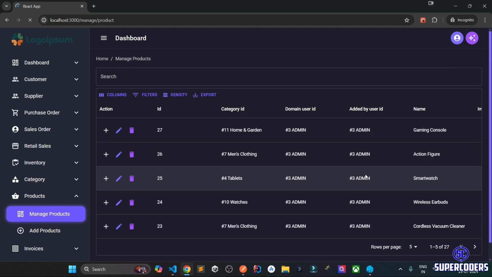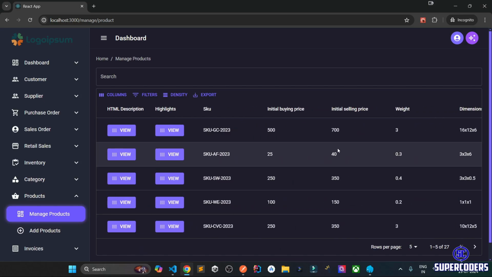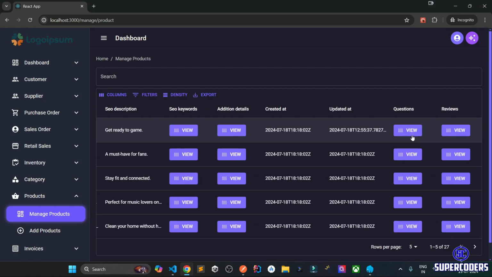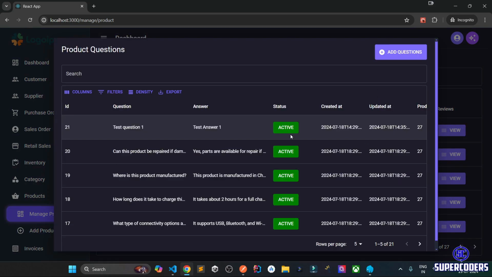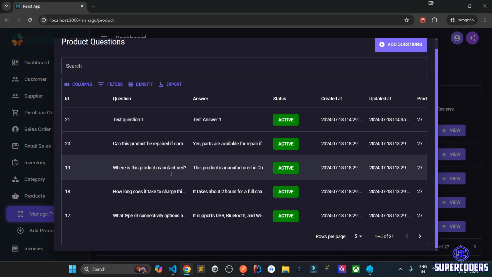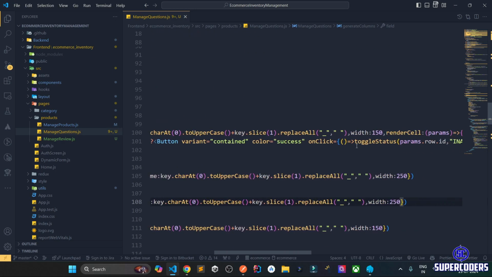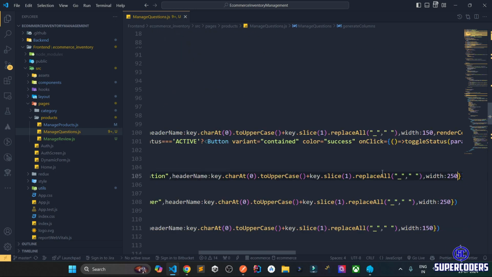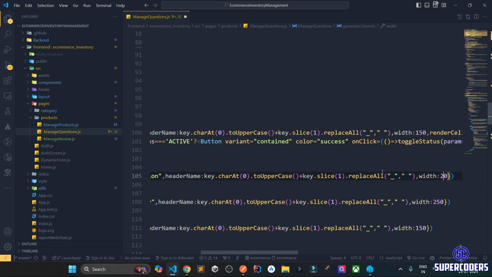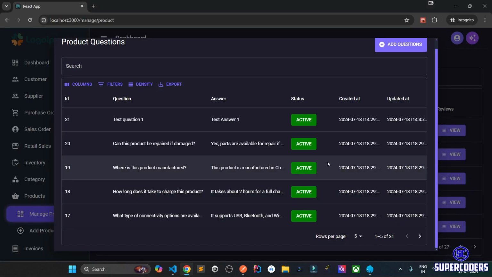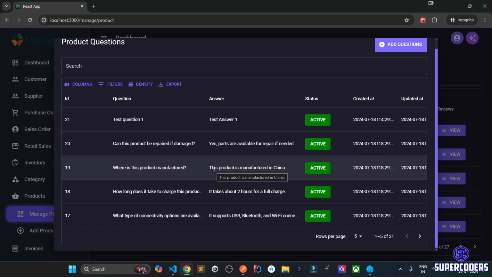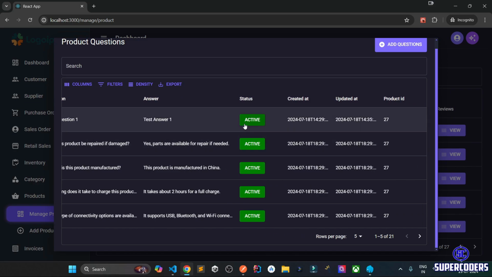press page, and let's confirm it's working. So it will check away question. I can see the width. It's much better than previous one. Has more width. If I want, I can take it more, like 300. Save it. Now it is looking better. Question answer, and I can active,